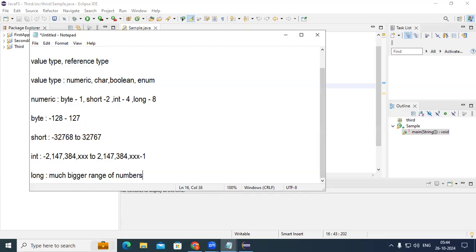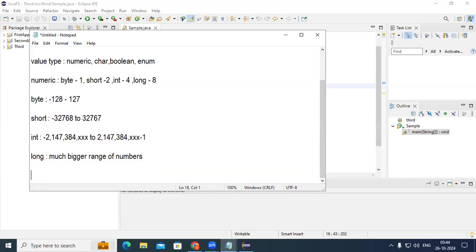We have the long type of data. Okay, so this comes under value type. The next type of data, we have floating type of data. One is float, other one is double. Float is basically single precision. Float first of all uses 4 bytes. Okay, after decimal point,